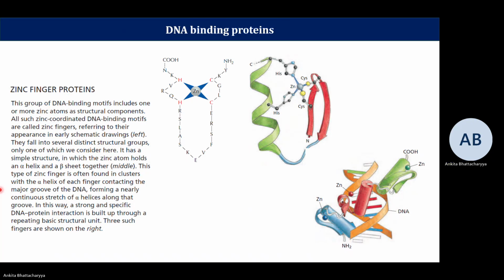This is often found in clusters, with the alpha helix of each finger contacting the major groove of the DNA, forming a nearly continuous stretch of helices along the groove. In this way, strong and specific DNA protein interactions are built up through a repeating basic structural unit. Three such fingers are shown on the right. So if you look here,